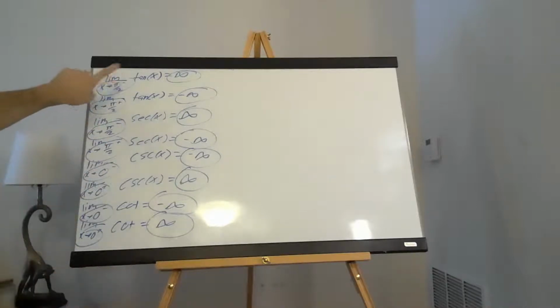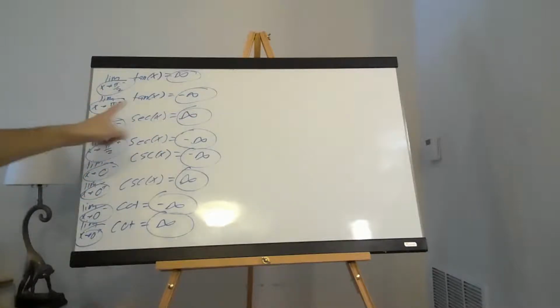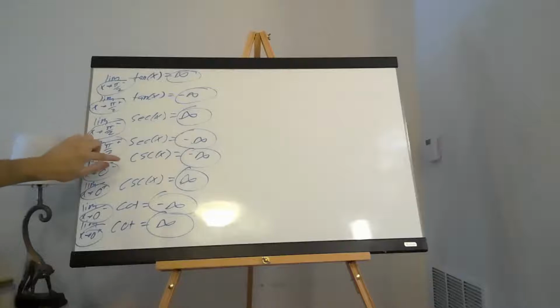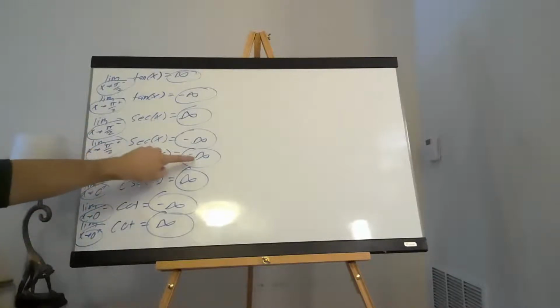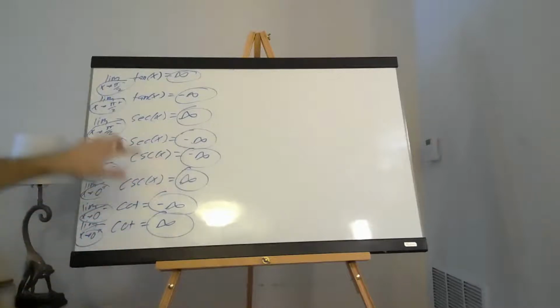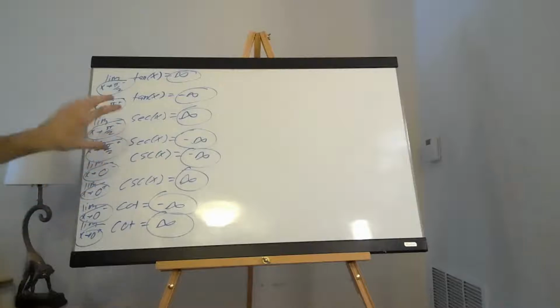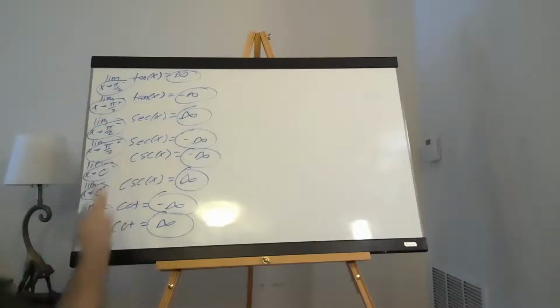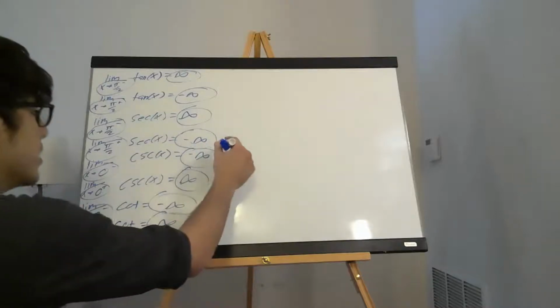This one's negative, so tan negative becomes positive infinity, tan positive becomes negative infinity, secant negative becomes positive infinity, and then secant positive becomes negative infinity. And then you'll notice that for all the ones with the C, the infinity behavior is going to be the same as the limit, for the sign at least. And this is just for trig, don't apply this to other stuff, but this right here, if you want to break it up, you can absolutely do that for a little memory trick and say,